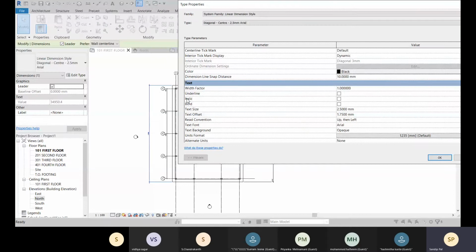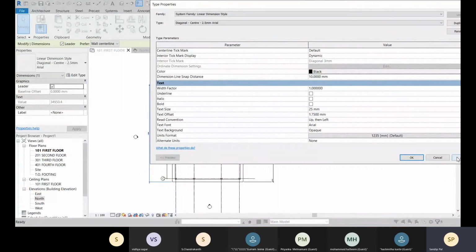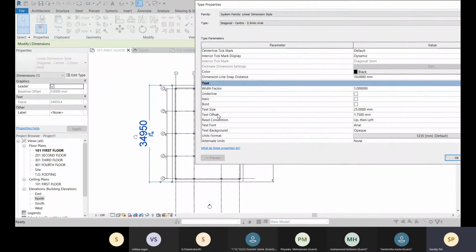And about underlines, italic, bold, you can do this. And about this text size, here you can change the text size for your dimensions. So let's go for like 25, and let's click on apply, and here you can see that it is applied. And about this text offset, there is some gap over there, so that is the text offset.